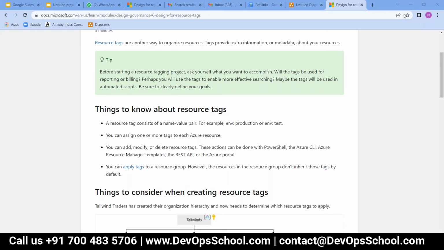It will not be inherited by its resources. So when you tag resources, it will not be inherited by its child. That is one of the important points.